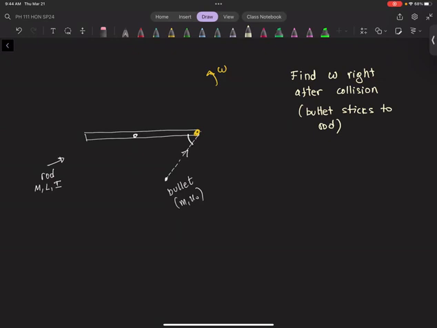I'm going to define the angle with phi right there, and the bullet has a given mass and a given initial speed. You know the angle, you know whatever needs to be known about the rod. And the question is pretty obvious. The collision is plastic. The bullet sticks on the rod and they together start spinning. Now, depending if you have gravity or not, I want to find the omega right after the collision. You guys understand the question?